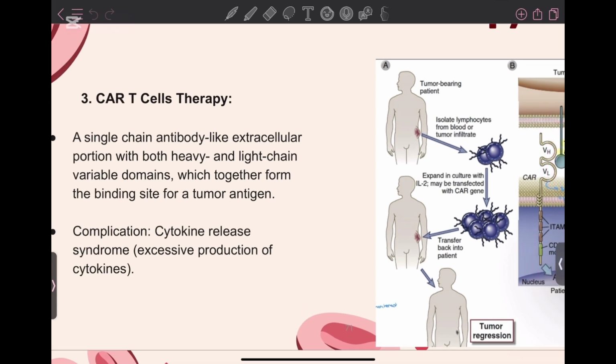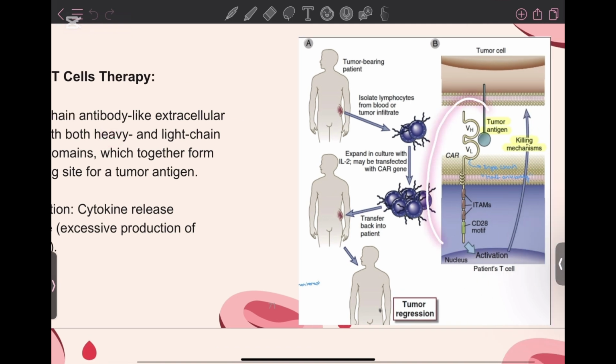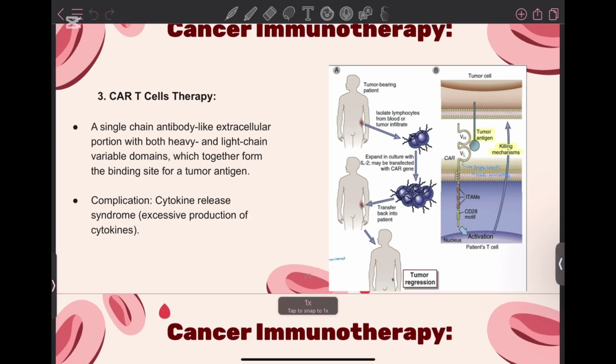a single chain antibody that contains heavy and light chains. Okay, you're going to attach this CAR to it, and then you're going to transfer it back into the patient. This greatly reduces graft versus host disease because it's basically the host's own lymphocytes. You're going to transform them back, and then these immune cells are going to move into surveillance. Once this single chain antibody binds with the tumor cells, it's going to activate those T cells and cause their